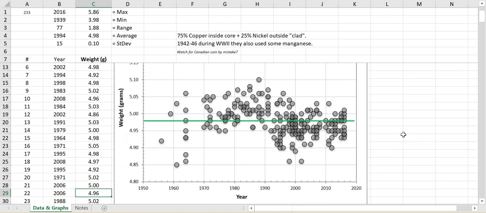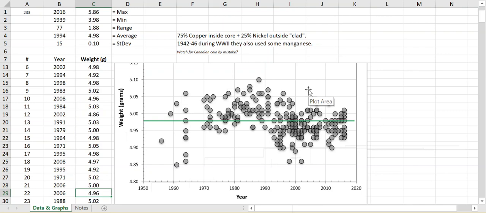What's interesting to me is it looks like from 1950 to almost 1970 there was this one population of coins, and then from 1970 to about 1990 it looks like there was this other population of coins, all of them being on the heavy side in terms of weight. And then it looks like from 1990 to current 2020 that these coins were more evenly or equally distributed on the heavy side or the light side. So this is often called an XY scatter diagram